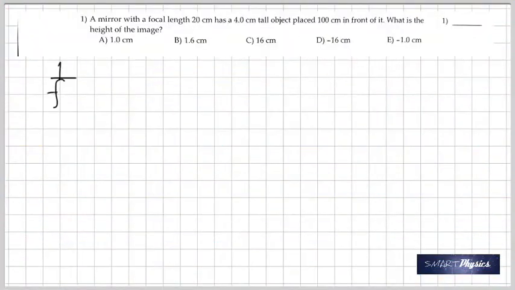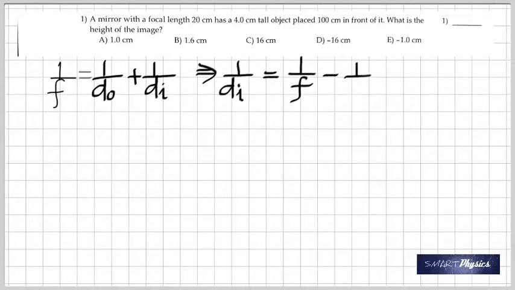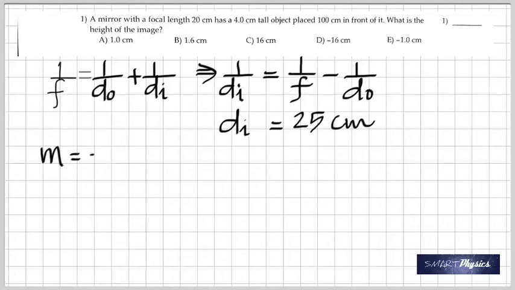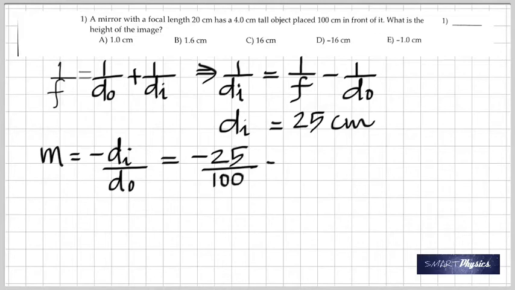Here are the quiz answers for reflection and refraction of light. In this question, we know it's a concave mirror, and because it has a positive focal length, you have to find the height of the image. So first you have to find the image distance, and once you find the image distance, use the formula for magnification. You notice that the magnification is negative. It means that it's a real image,